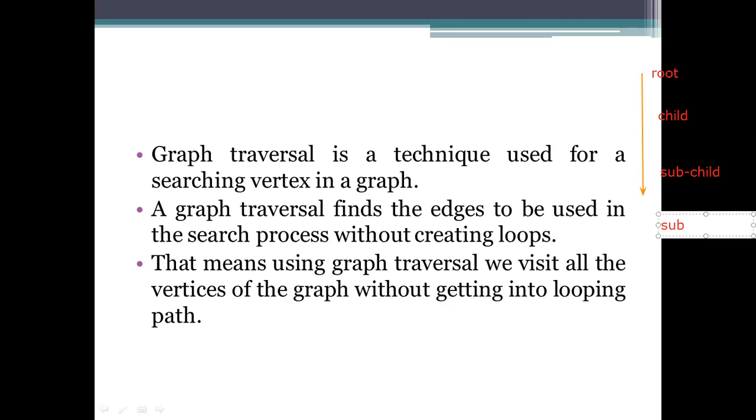And then coming to the next level, we have the subchild's child. So there is no looping or closed path when we are traversing a tree representation.